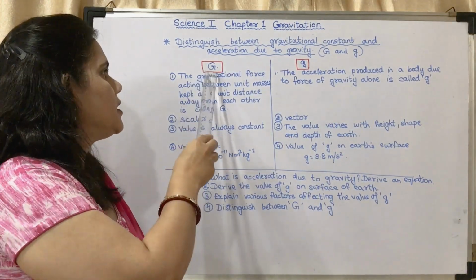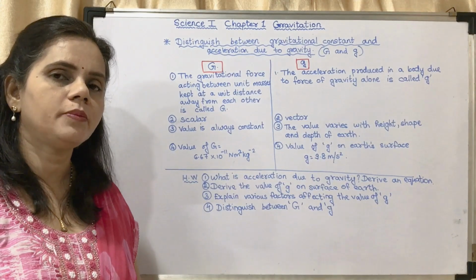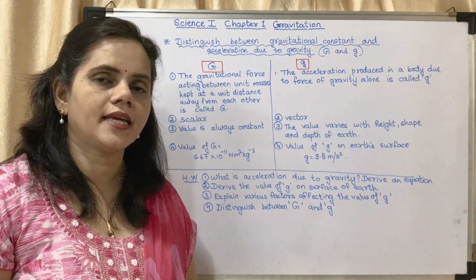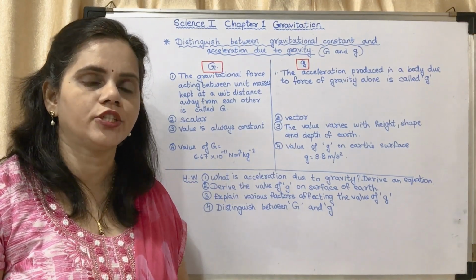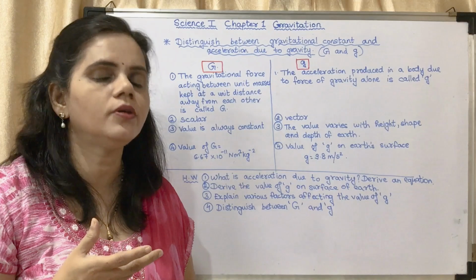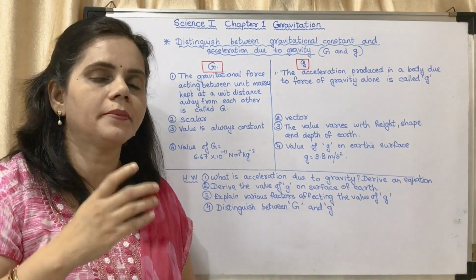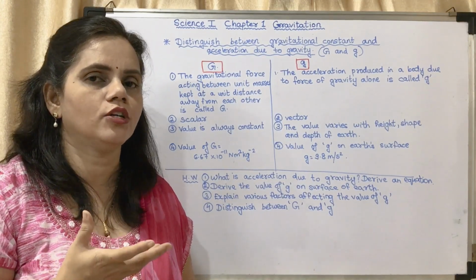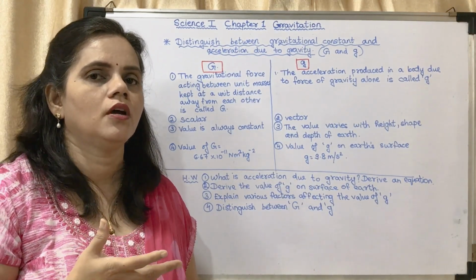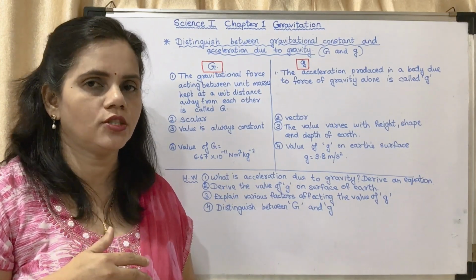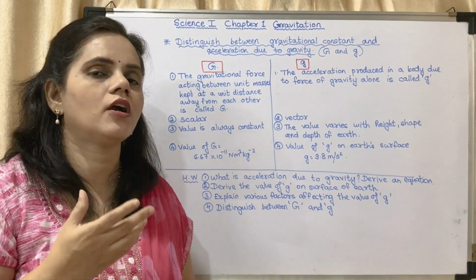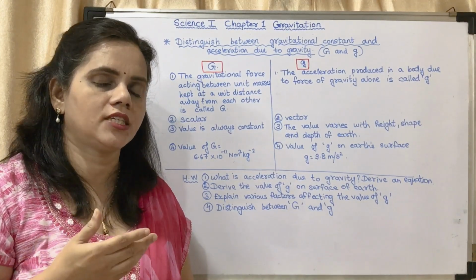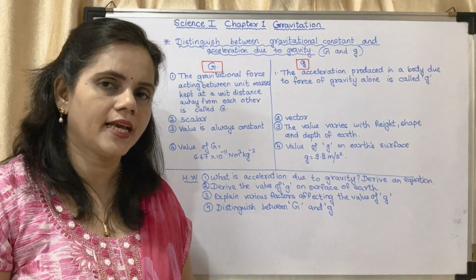The second point: this g is a scalar quantity. Do you remember you had studied scalar and vector quantities last year? In a scalar quantity, we consider only the magnitude. The magnitude means a particular value. For example, mass: we consider only the magnitude, the value, how many kilos, 1 kg, 2 kg, 3 kg and so on. So there is a particular value. We are not considering its direction, whatever direction it may be. So when we are not considering the direction, then that quantity is said to be a scalar quantity.